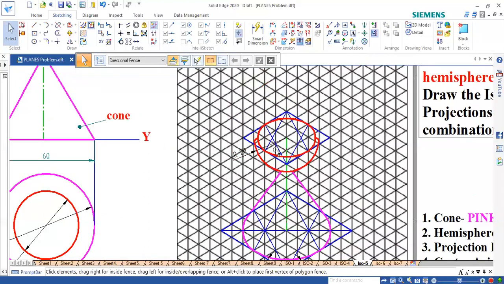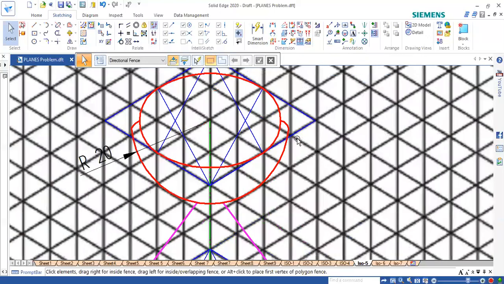The hemisphere top face is an ellipse. Next, from here, given radius 20, take the actual radius 20 and draw one arc. And then at the end, you just join these points manually, right?